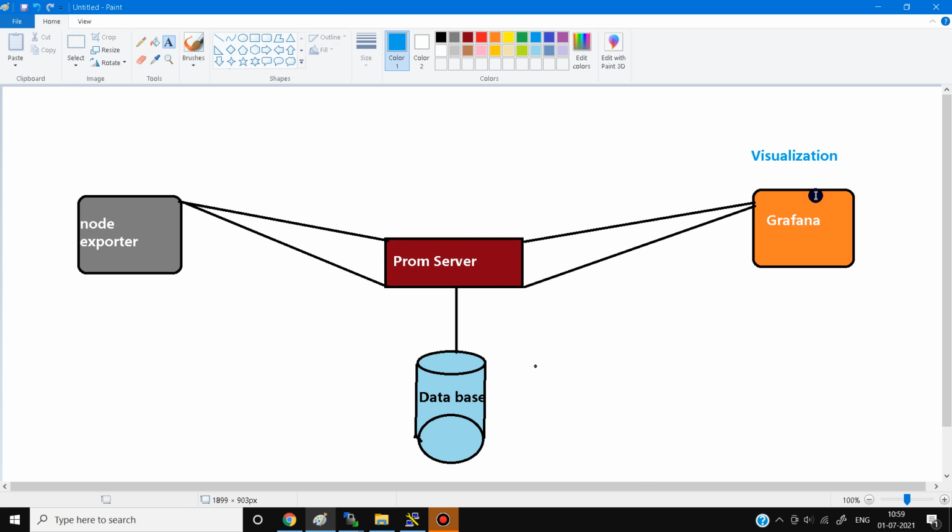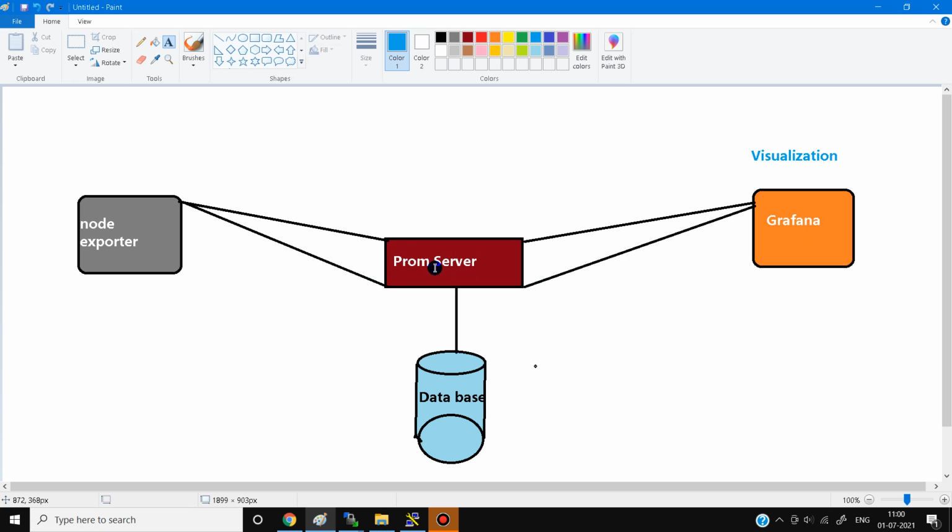Now in this diagram I would like to tell you the integration of the Prometheus server with Grafana. For this setup, you have to launch three operating systems: one for Node Exporter, second for Prometheus server, and third for Grafana.